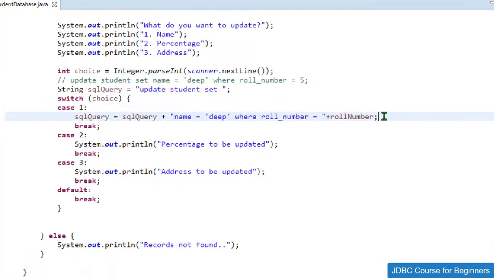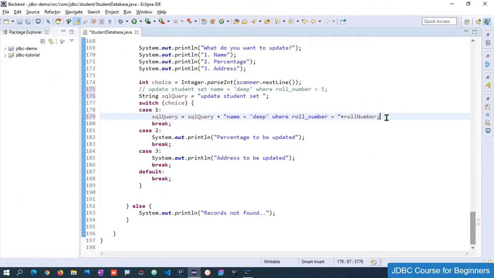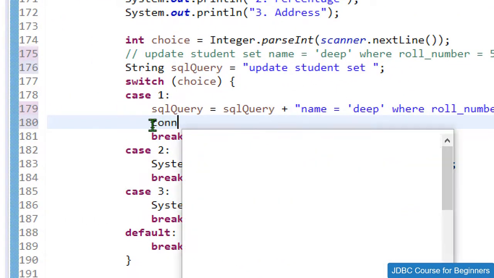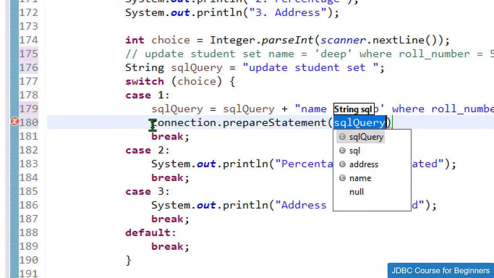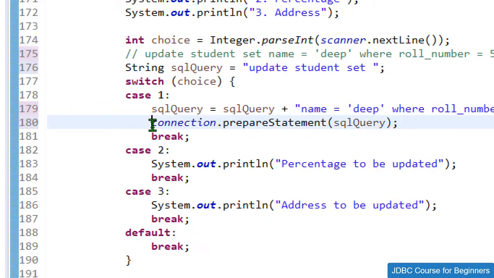So over here let me use the prepared statement like connection dot prepare statement. Inside the brackets we need to give the SQL query, which is stored in the SQL query variable, and this will return me the reference for prepared statement.